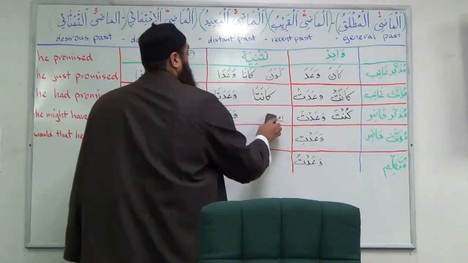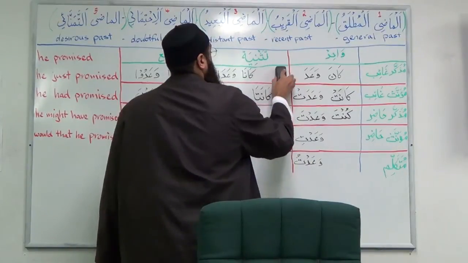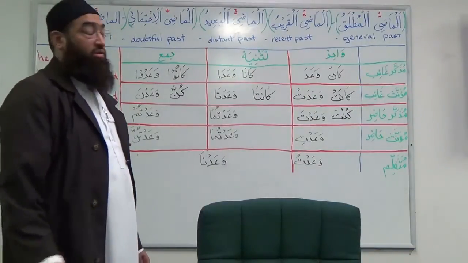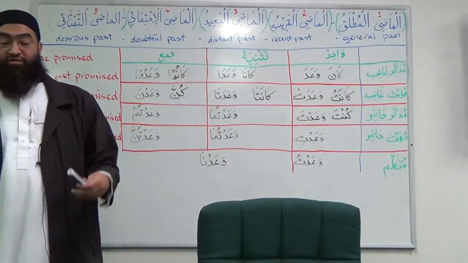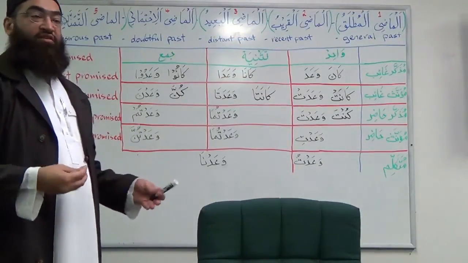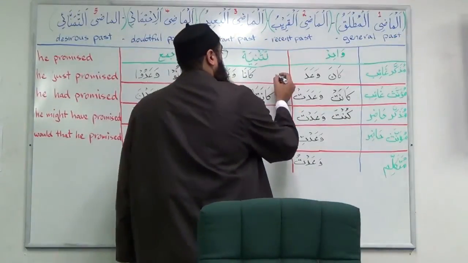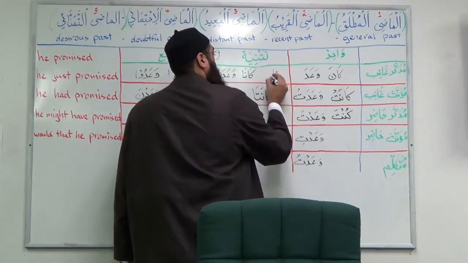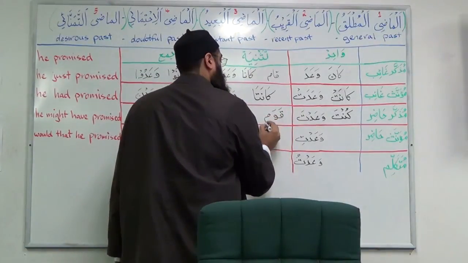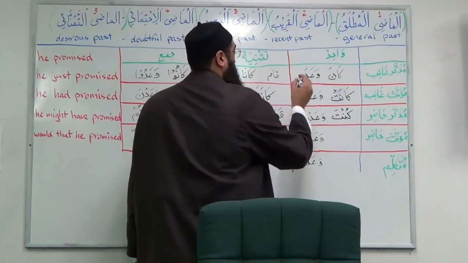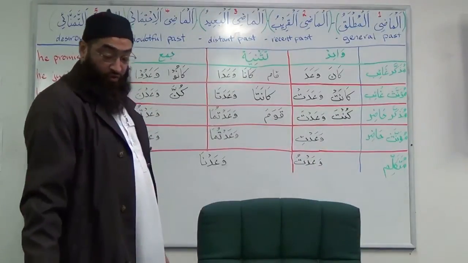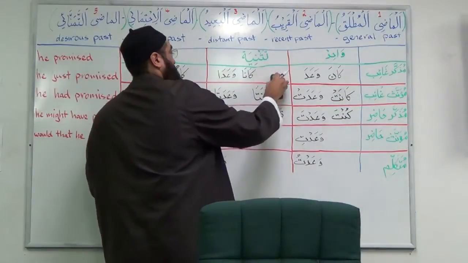There are other words also that have this same ruling on them, which we say a lot. For example, qama. Qama, we say when the salah is about to start, the person says, qad qamatis salah, qad qamatis salah. So the word qama is used. All right? Qama. So the qama was actually qawama. All right? So the waw changed to an alif because of the same rule that I said. Qama, qamu.